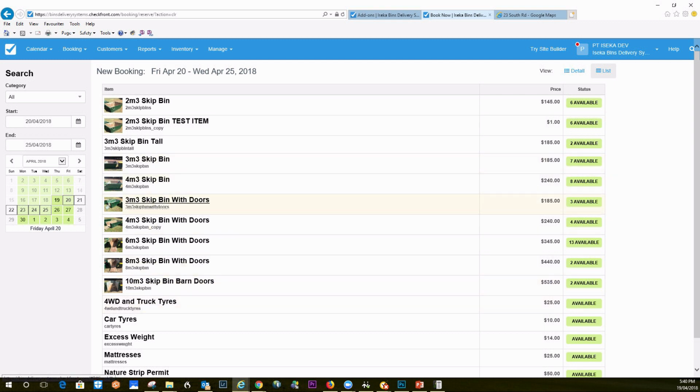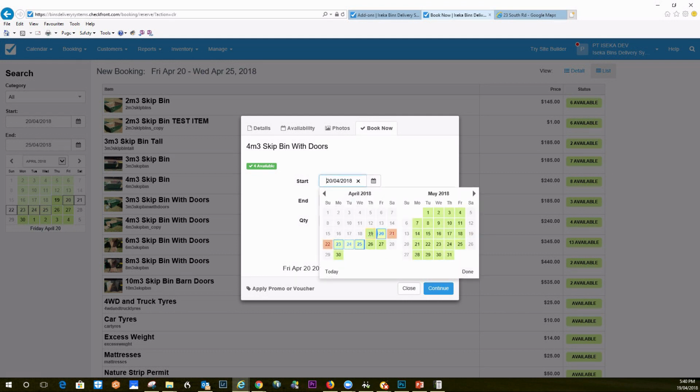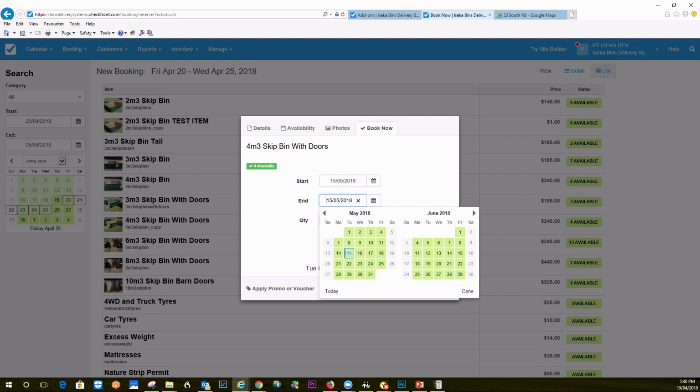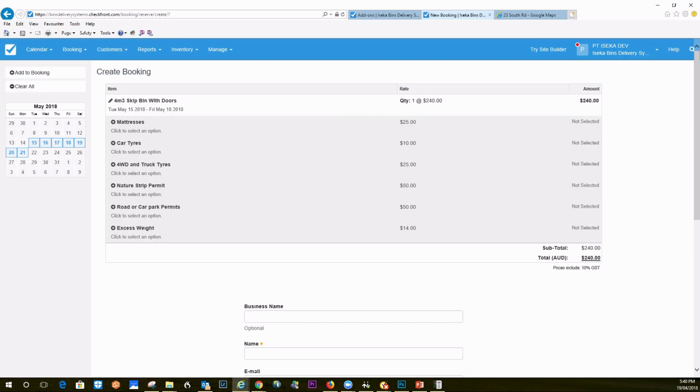So let's say someone has ordered a skip bin with doors, a 4-meter. We see we've got 4 available. We can click that item, change the dates. One thing to mention here is because this is staff booking, we can remove some of that criteria, such as can't book on a weekend, a day overlay, those sorts of things. We can remove that for staff so that they can book any time. But let's say the customer wants it delivered on the 15th and picked up on the 18th. You can see the quantity of payment, number of items. Click continue,